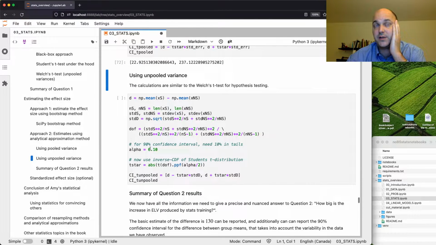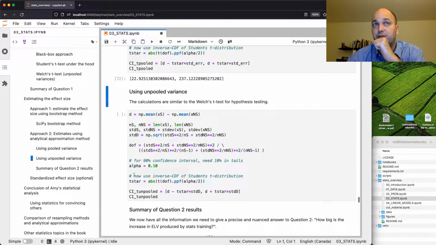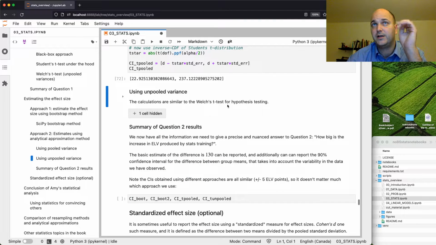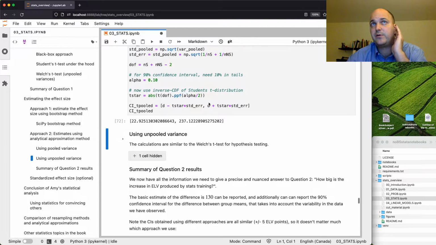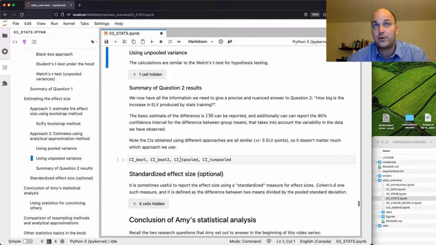Without going into these details, there's another procedure which uses the unpooled variance, but the degrees of freedom are more complicated. So I won't talk about it here, but there's an equivalent way, the same way there were two ways to do the analytical approximation for hypothesis testing above. There are two ways to do confidence interval. Okay, so in the end,